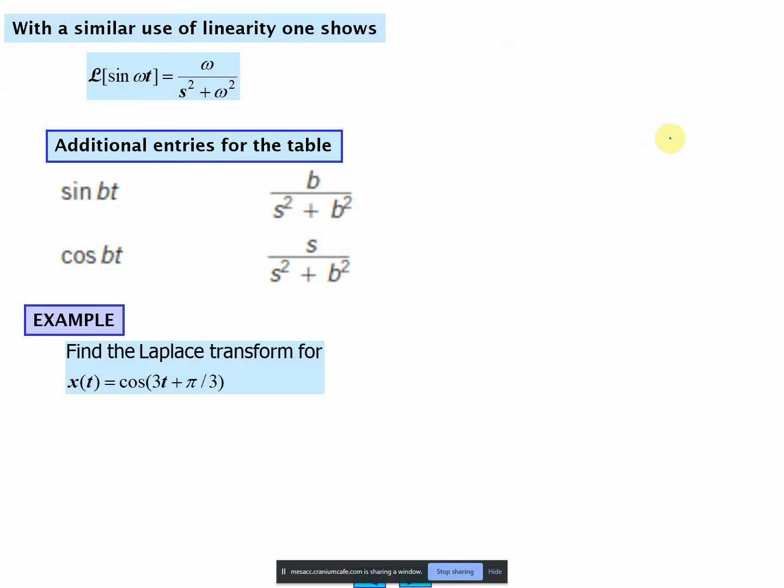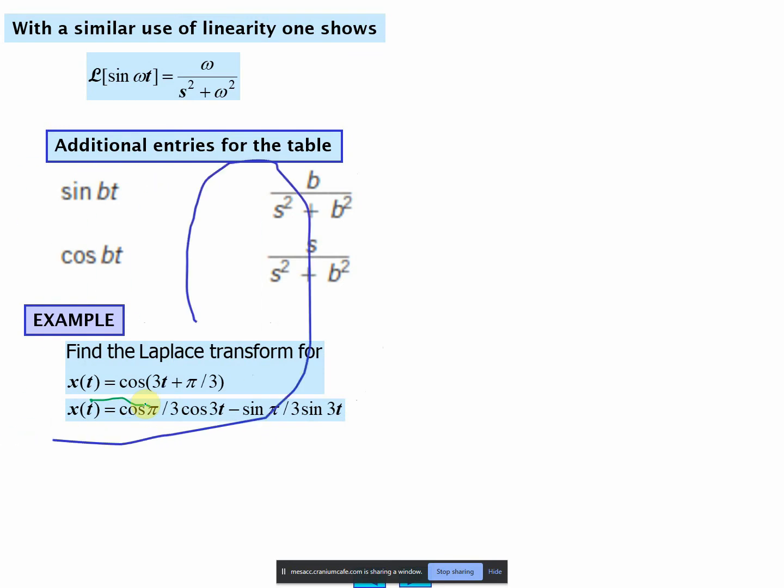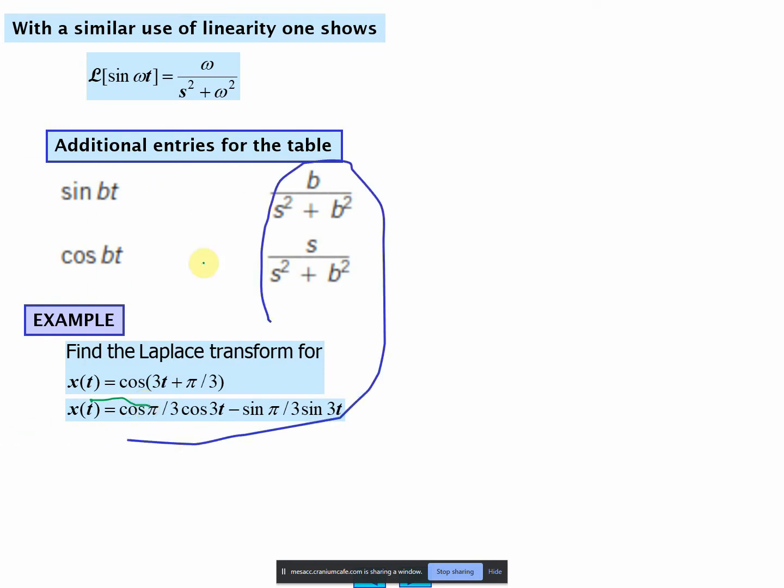Okay, so we're looking at these examples. Laplace transform for the cosine function here. Use your trig identities to express it in terms of sines and cosines. Now, here's the transform here, and here's the transform here. We apply the transform. Laplace transforms are linear. In other words, the transform function is going to be